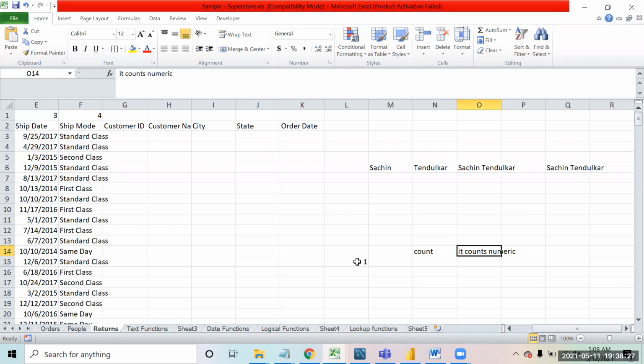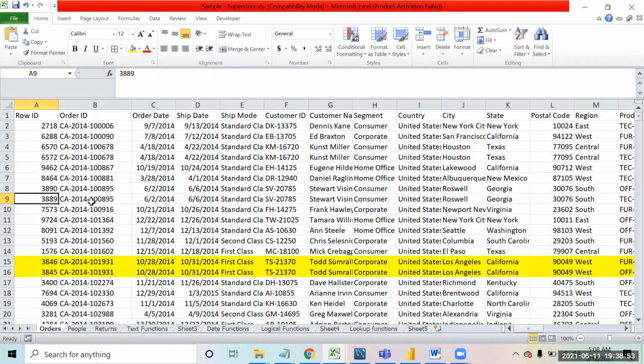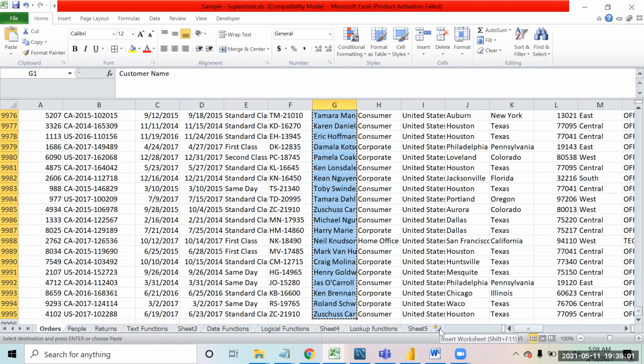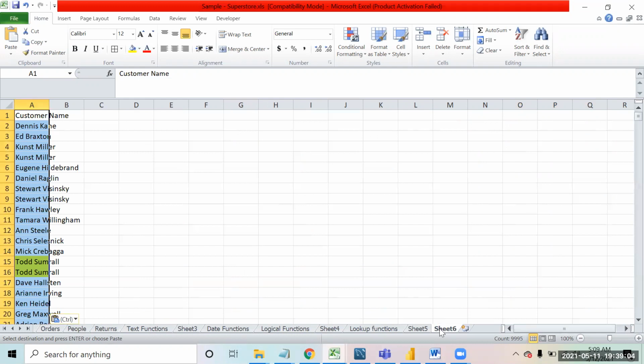You will have to create a formula for that. You don't have any direct formula for counting unique values. Directly you cannot do it. You have to do certain data transformations and then only you can do it. But there is no formula for unique values in Excel. So generally what people do is they copy the data, remove the duplicates, and then count them. For example, if I have to count the unique products, I will copy them, go to a sheet, paste the names, and remove the duplicates. That is how we generally do it because there is no direct formula for that.